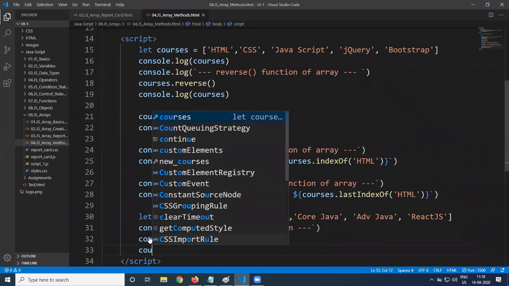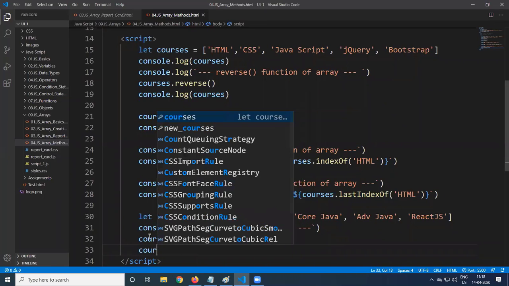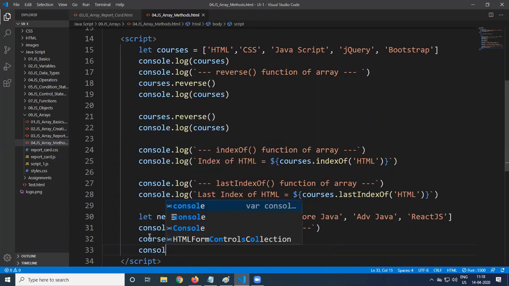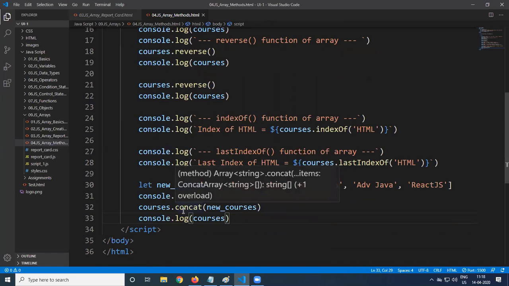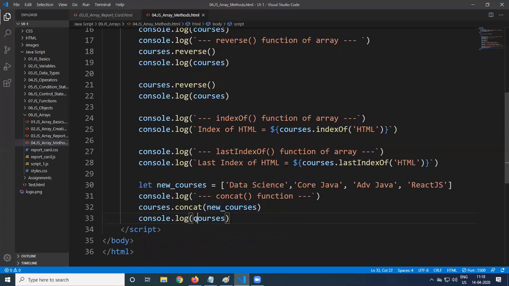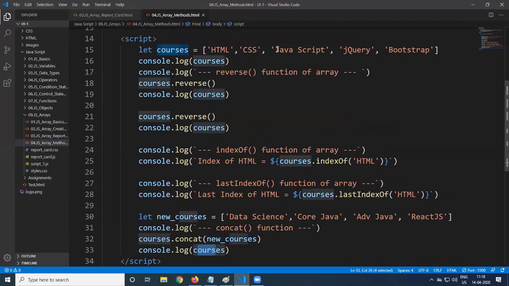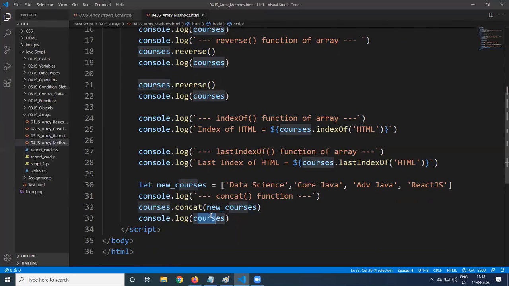Now I'll display it. We want to know whether any changes are happening to the courses or not. So console.log(courses). This is an important point. We are asking to concat courses and new courses. We are expecting a new array with both, 9 course names.